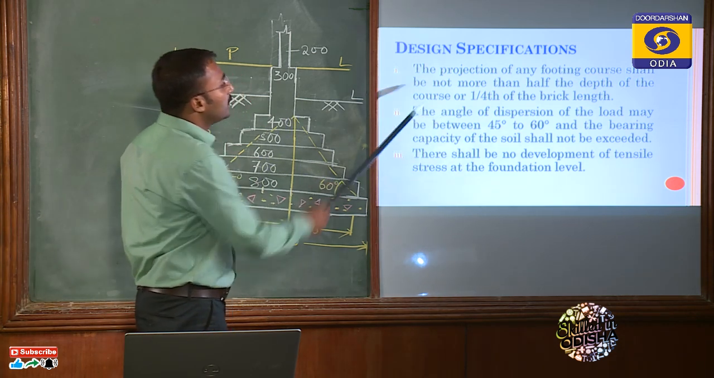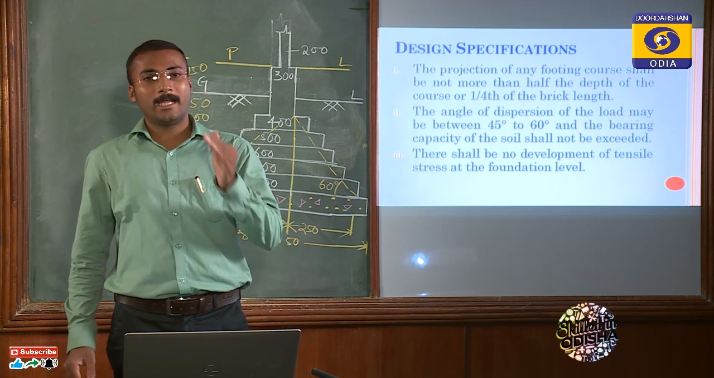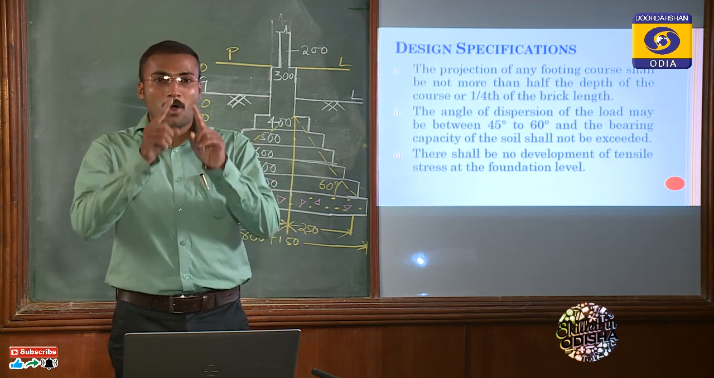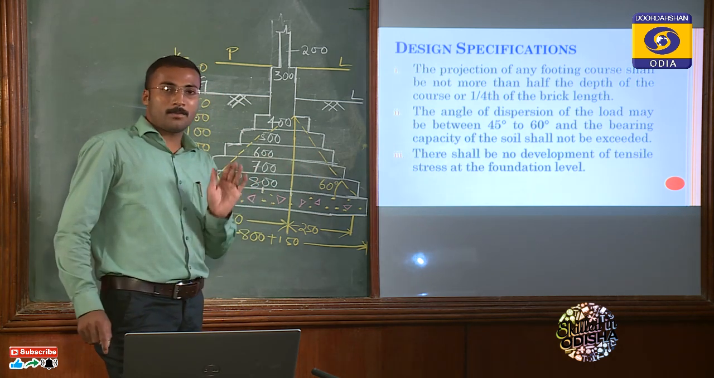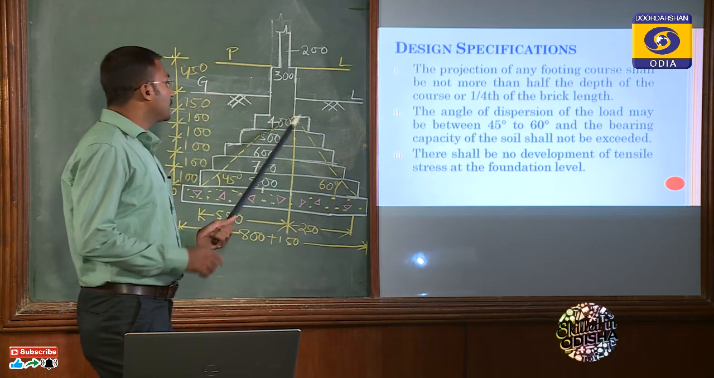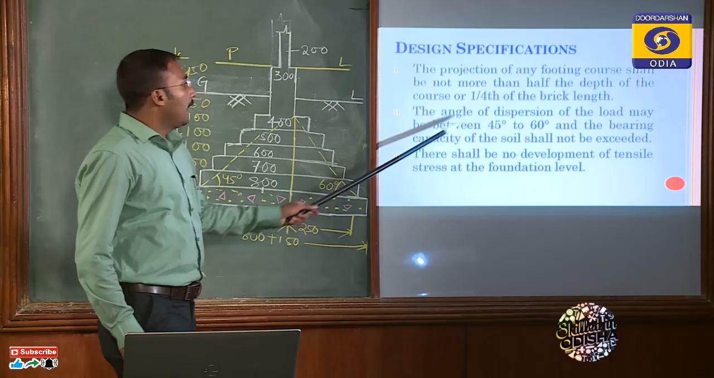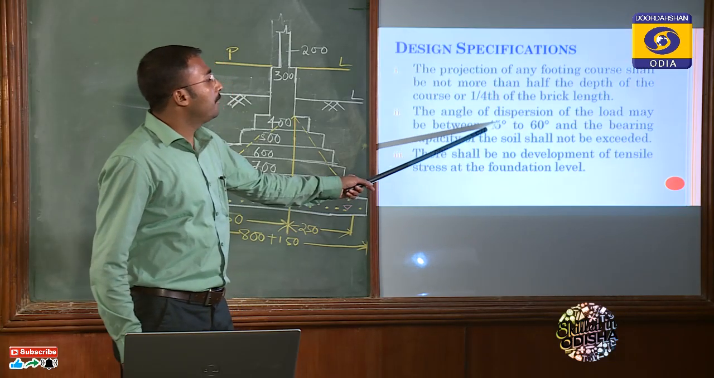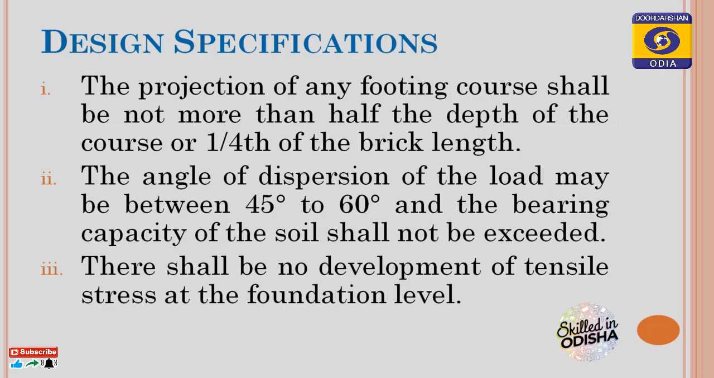Next, the angle of dispersion. First we have to know what the angle of dispersion is. Angle of dispersion is the angle by which the loads are spread through each step of the footings, and it is kept between 45 degree to 60 degree, so that the bearing capacity of the soil will not be exceeded. That means, whatever the bearing capacity of soil is,